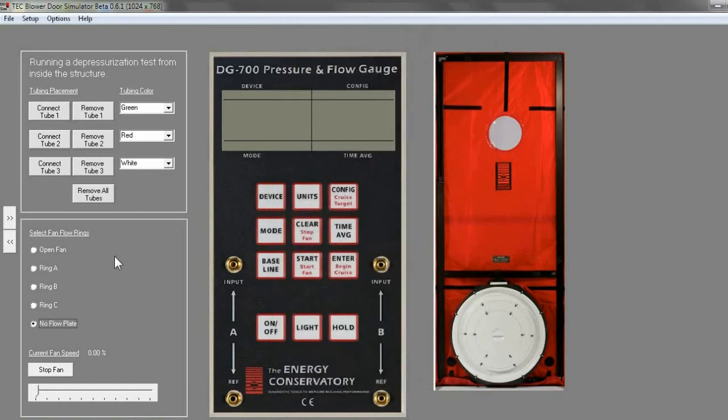Then we'll go over the tubing connections. So we'll click on connect tube number 1, and channel A is reading house to outside, and we're inside the house, so we'll connect a tube going to the outside. So for house, we don't need a tube on the input because we're in the house, and we'll run a tube to the outside, house to outside. And then tubing number 2